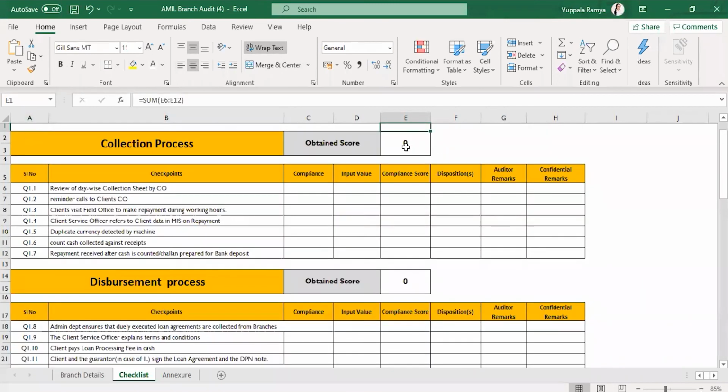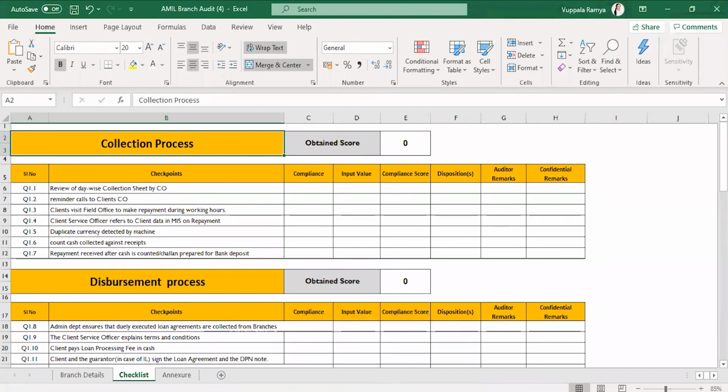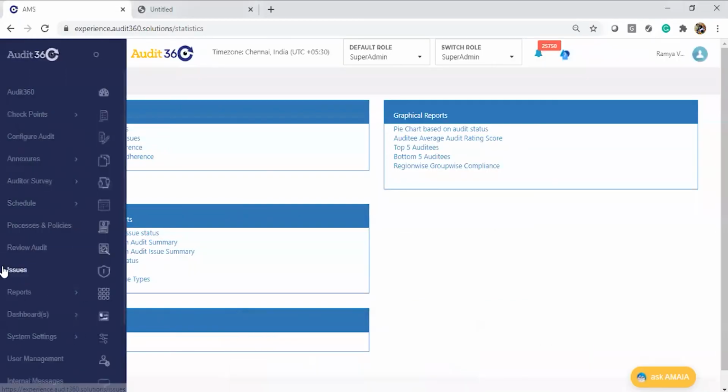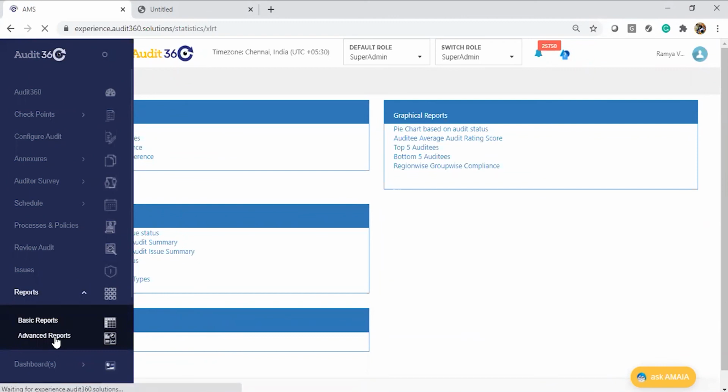So I have given this report to our report specialist to get this incorporated. Let us see how this report will look from the advanced report. Let me come to the same demo section. In the reports, we will introduce this premium feature under the report section, advanced report.